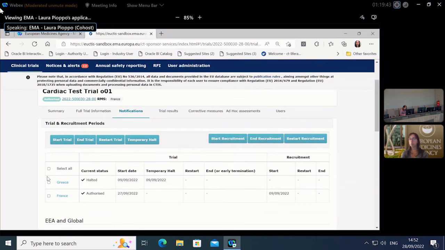Now, let me clarify in terms of publication that start of trial, start of recruitment, end of recruitment, restart of recruitment, and restart of trial, basically all of them, with the exception of part of the temporary hold, are published as soon as they are submitted through the portal to the database. So this means that when the sponsor populates the information in CTIS secure domain, automatically the information is available in